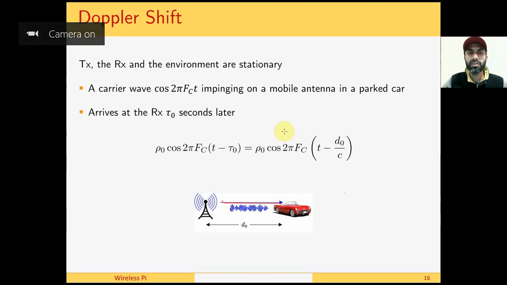Until now, we assume that the transmitter, receiver, and everything else in the environment are stationary. We want to see the effect of phase on the path length. So a carrier wave caused by FCT is impinging on the mobile antenna in a parked car in this example. This wave arrives tau seconds later. What is this tau? The path length divided by the speed of electromagnetic wave, d naught over c, when nothing